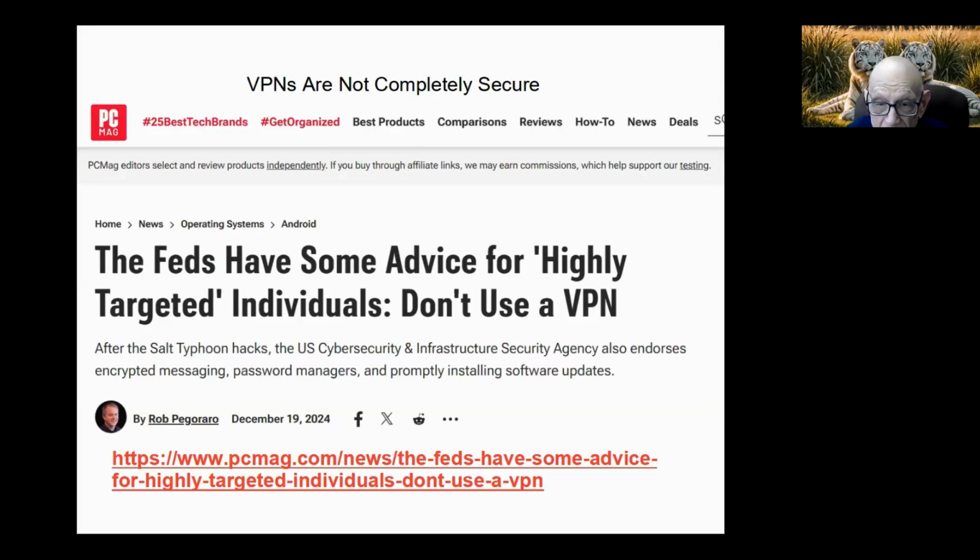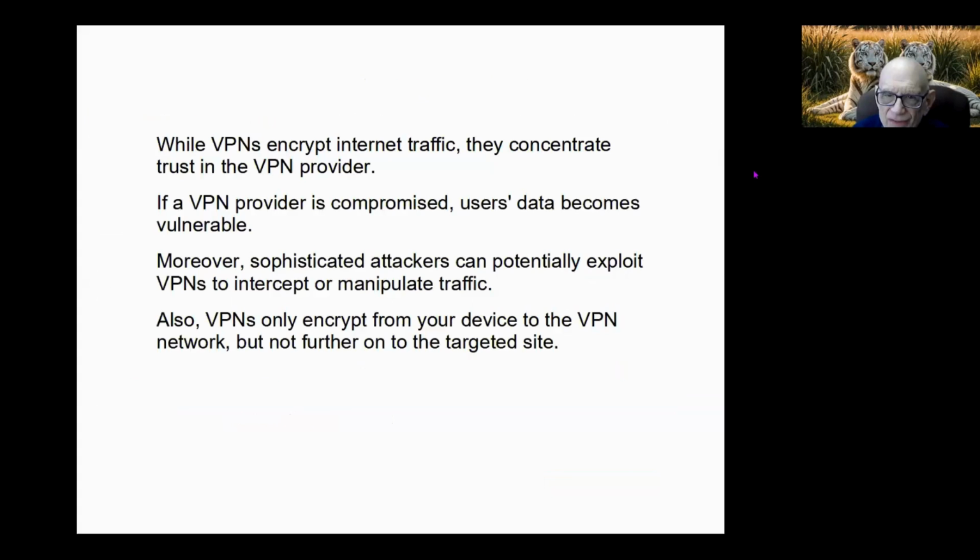We talked a lot about VPNs in past discussions as far as using them, but the other side of the coin is they're not totally secure. There are some very interesting factors about VPNs. You're putting your trust in the VPN provider, and if that provider's compromised, your data is vulnerable.